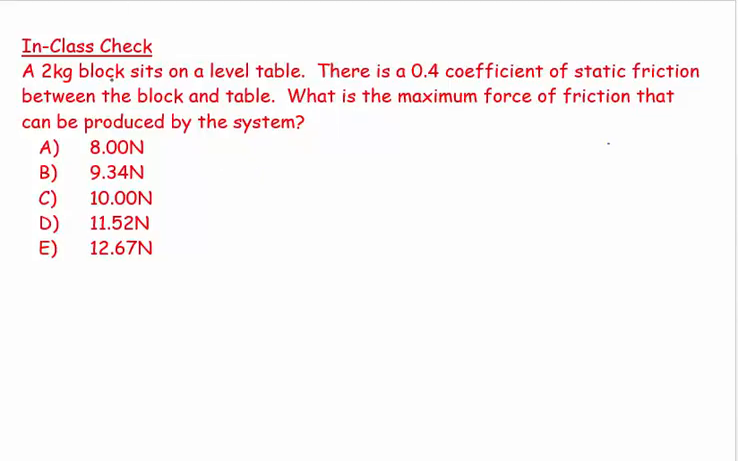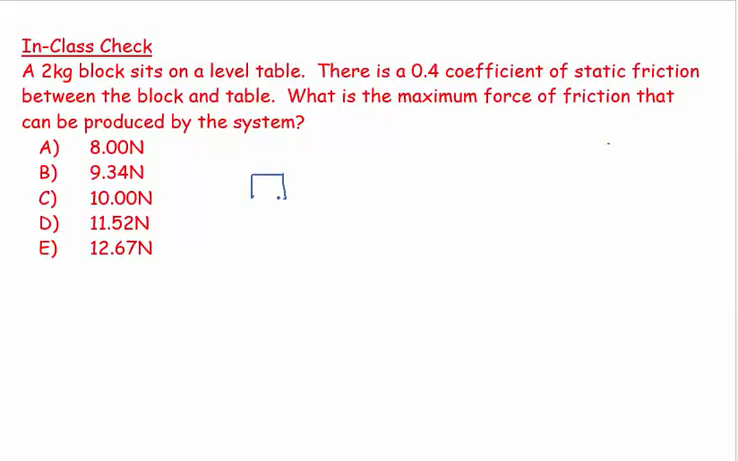This question says a 2 kilogram block sits on a level table. There's a 0.4 coefficient of static friction between the block and the table. What is the maximum force of friction that can be produced by the system? So let's